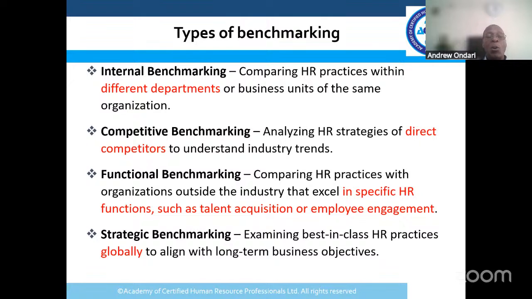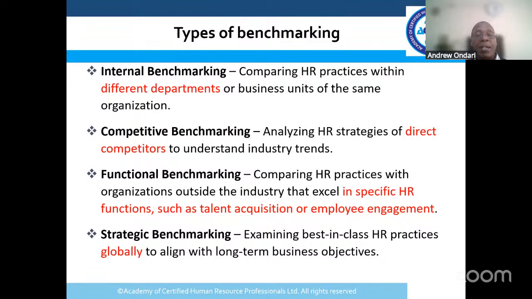Secondly, we can do competitive benchmarking. This means that we compare ourselves directly with other players in the market. Allow me to use the telecommunication industry. There are two main players in the industry in Kenya: Safaricom and Airtel. So the two companies can compare their HR practices directly. Why? Because they are serving the same market